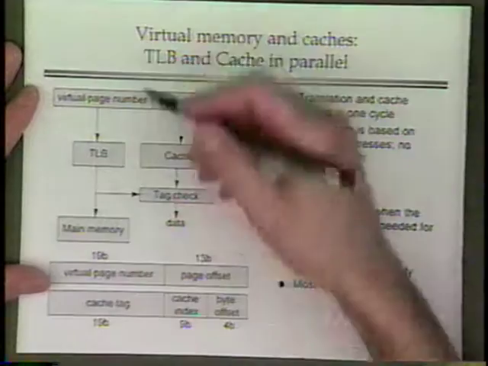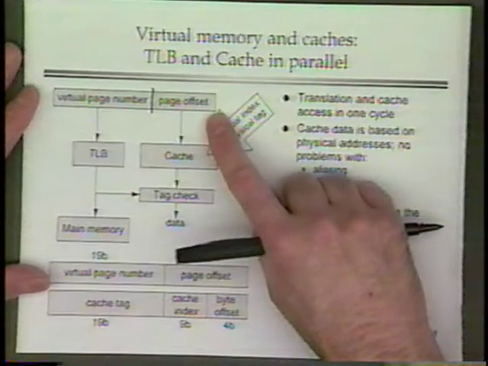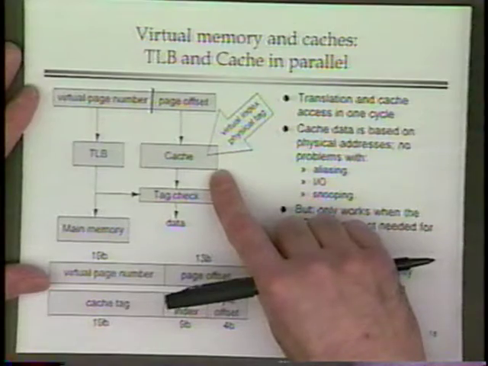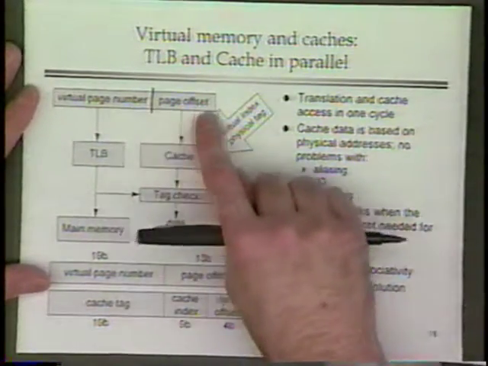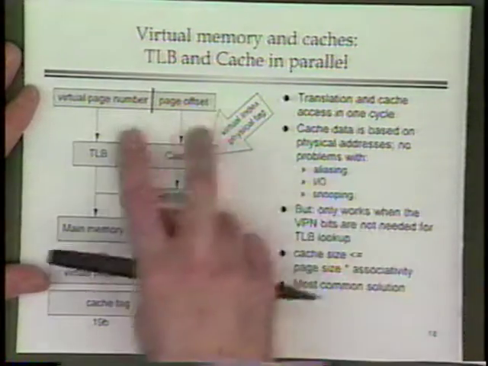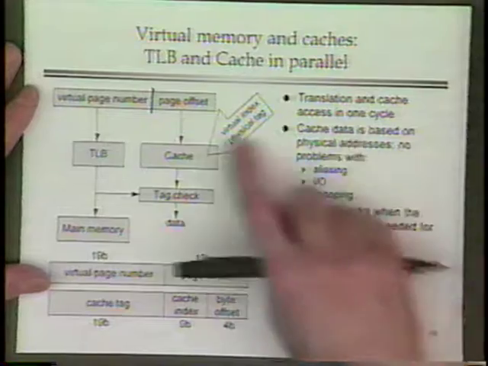Well, if we can arrange it so that the part of the address which is used to do the indexing into the cache contains only the bits of the address that are not going to get translated, which is to say it's the size of a virtual memory page or less, then we can start